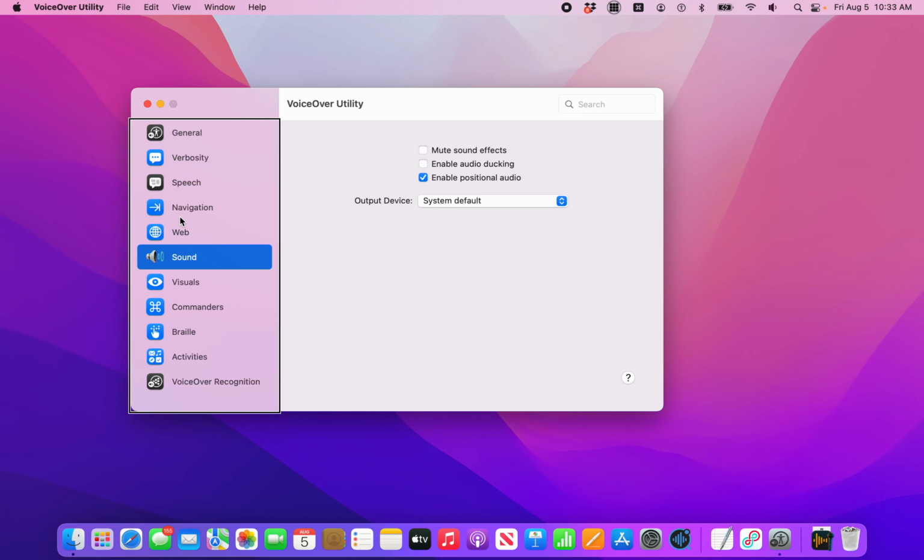Once again, you want to make sure Quick Nav is off. And now I can VO right arrow to go through the sound settings and look for the ducking checkbox. Mute sound effects. Unchecked. Checkbox. Enable audio ducking. Unchecked. Checkbox. Enable audio ducking. That's what we're looking for. You want to make sure that is unchecked, and then VoiceOver should no longer be ducking the audio you're listening to whenever it speaks. So once you uncheck that, you can just go ahead and hit Command Q to quit